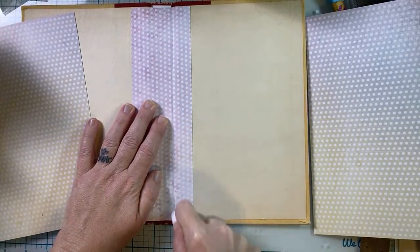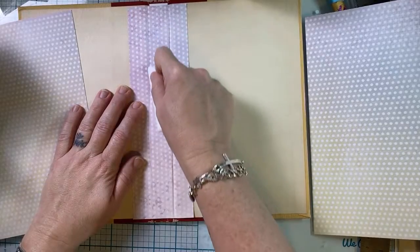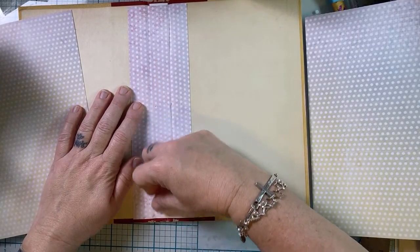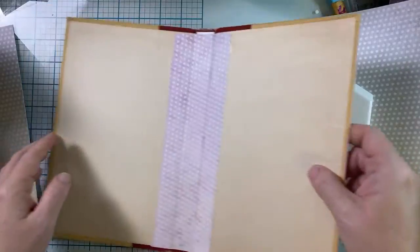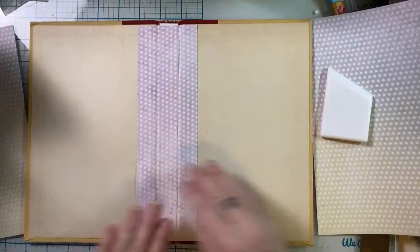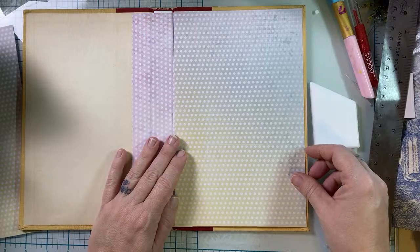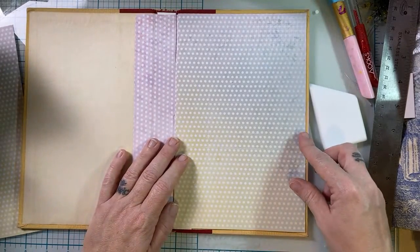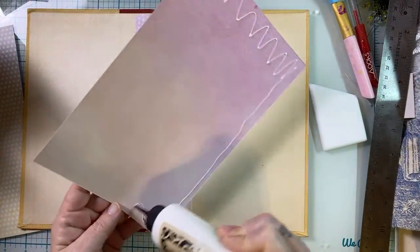Okay, I'm just gonna score this right here. Got a little heavy-handed there, but it'll be okay. Where is the score here? This side's a little harder to find. There we go. We want to make sure we can fold it beautifully, and we can. Y'all probably remember that was really rounded before because it had no structure to it. So now it has structure. Okay, this might be a little long, but it'll work. Usually I would probably cut that down a little bit more,